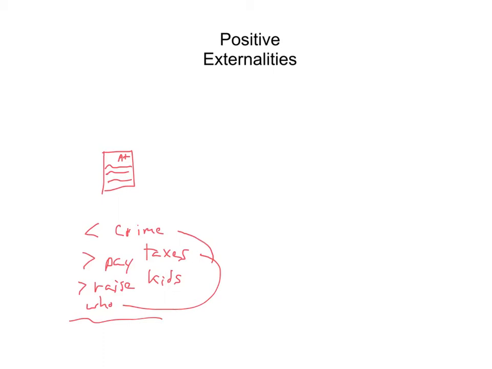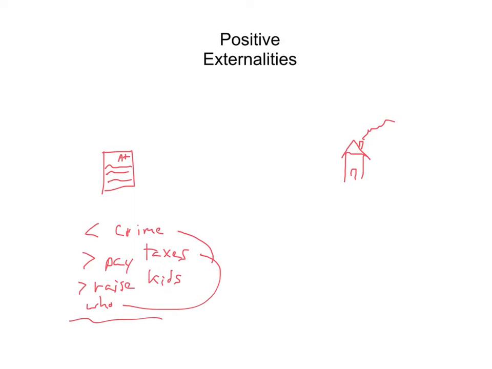Another example of something that we believe has positive externalities is home ownership. Let me see if I can draw a home of sorts. There we go, with a little chimney, and there's a door, and there's smoke there. We tend to think that home ownership has positive externalities because when people own their own homes, we think they're more responsible citizens and more likely to vote and know what they're talking about. Yes, it provides a benefit for them, but that's not a positive externality, right? The benefit that the homeowner receives from owning the home, they paid for that by buying the home.